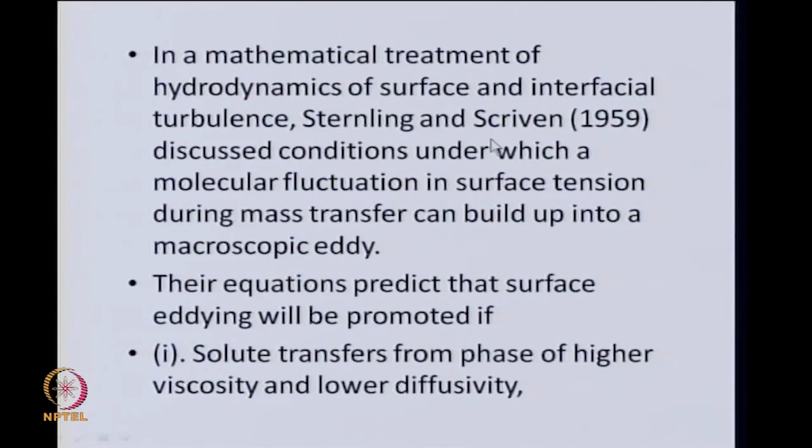There was leading research done at the University of Minnesota by Scriven in 1959 along with Sternling. They carried out a mathematical treatment of the hydrodynamics of surface and interfacial turbulence and discussed the conditions under which a molecular fluctuation arising out of, let us say, some random eddy movement within air or water, could build up into an observable macroscopic eddy. That in turn is what you would see in the movement of the talc particles. What their equations predict